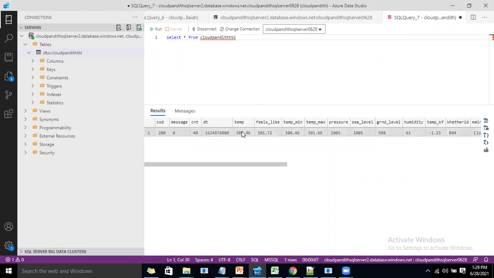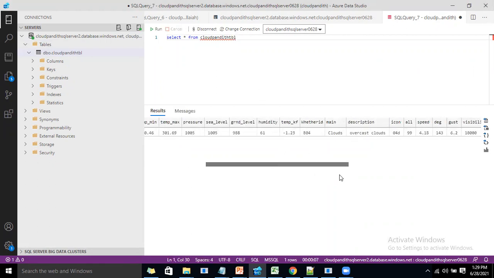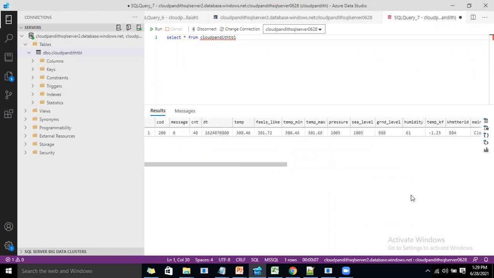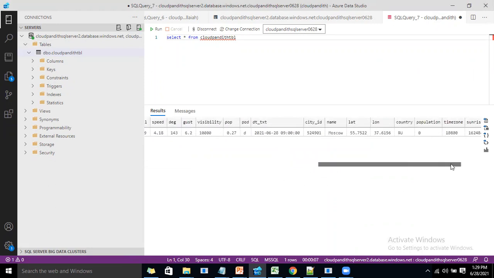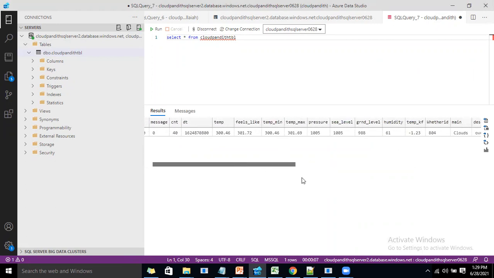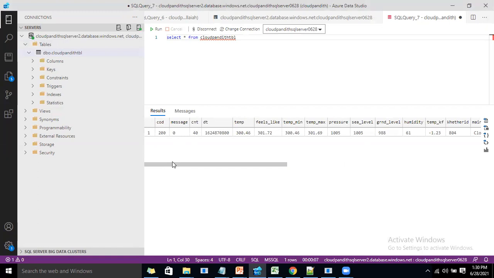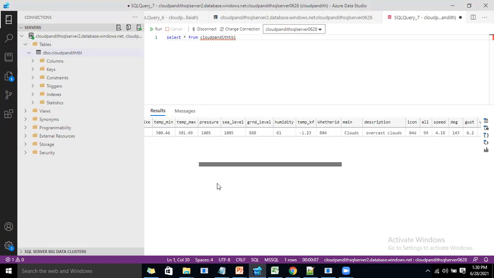You see I got only one row, but how can I iterate through the other items? So this is where the problem comes. If you ask people who are working on ADF, many people are not aware of this. I just checked with one person who reached out to Microsoft and got some suggestion.